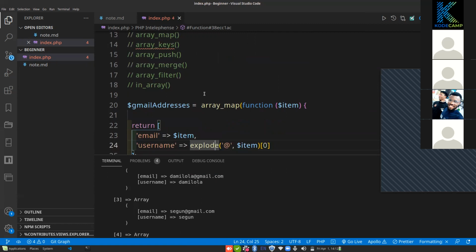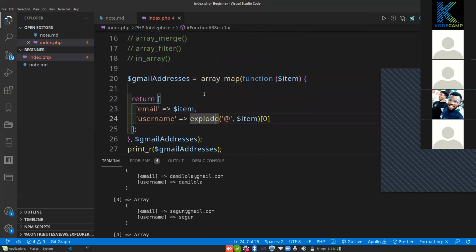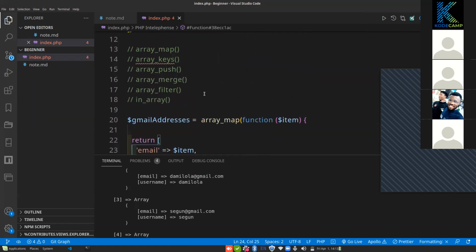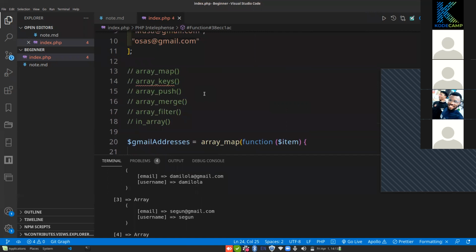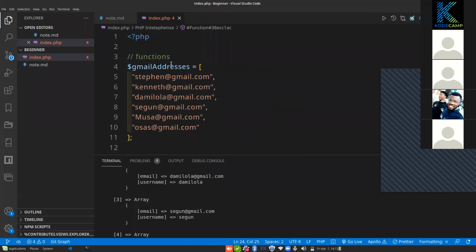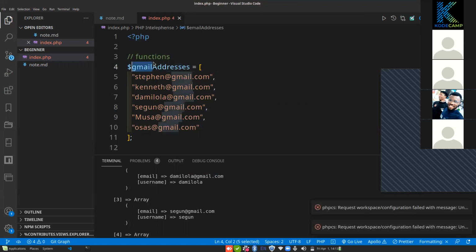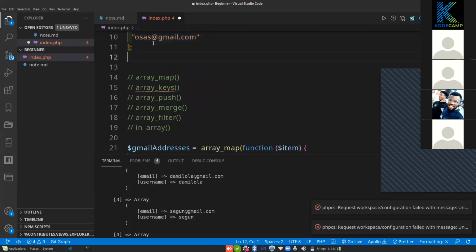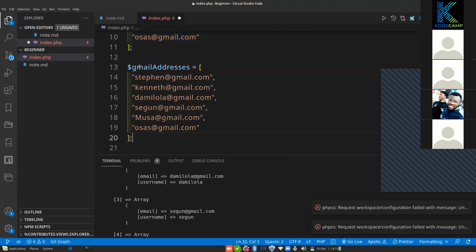Now, this is how Gmail now works. So assuming we have email addresses now, we'll leave Gmail address. We'll just replicate this to email address. Now we are tasked to